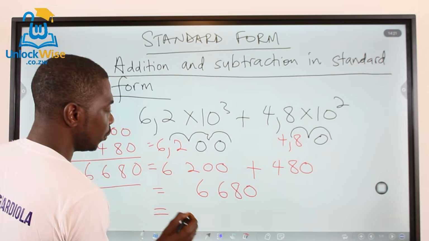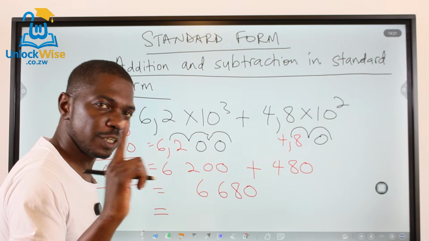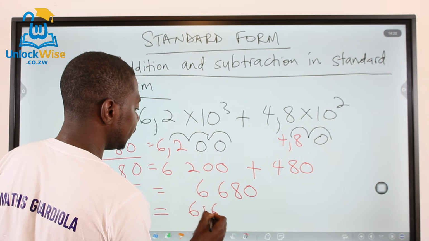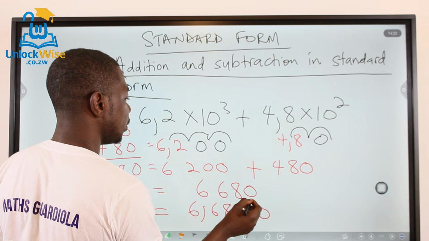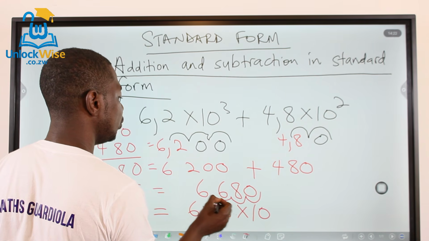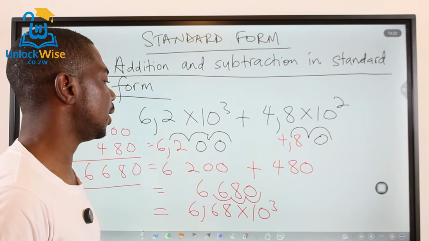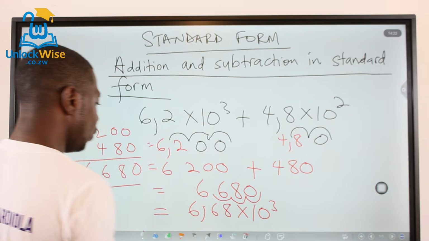So this will give you, from left to right, after the first non-zero number, 6,68 times 10 to the power. How many times does our comma move? 1, 2, 3. So this is equal to 6,68 times 10 to the power 3, right? We can also have